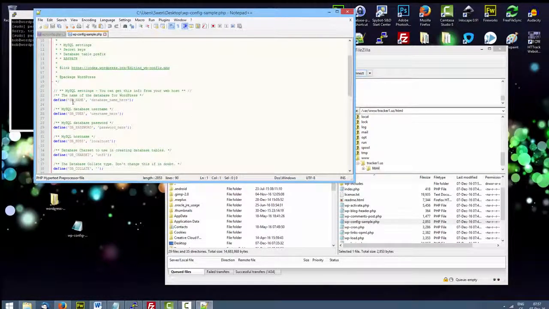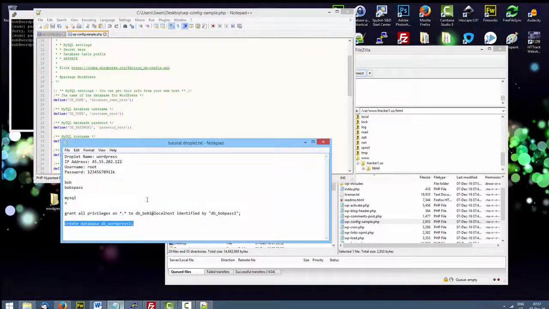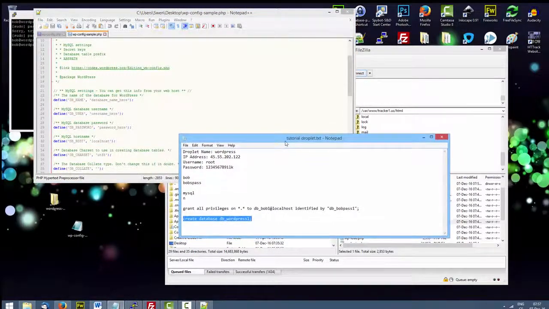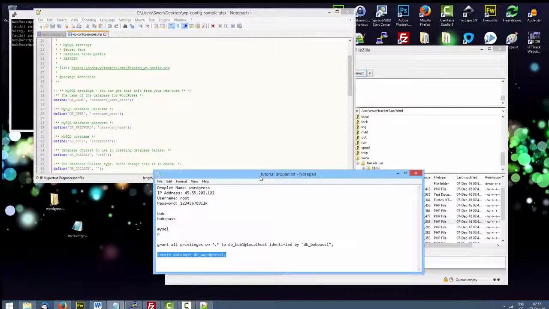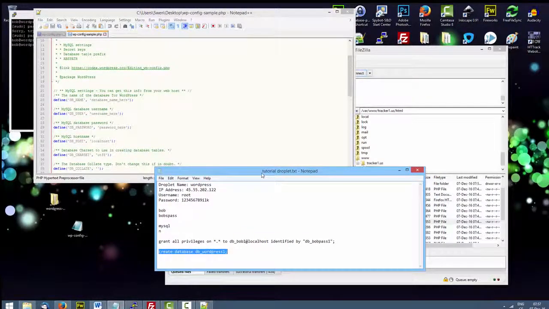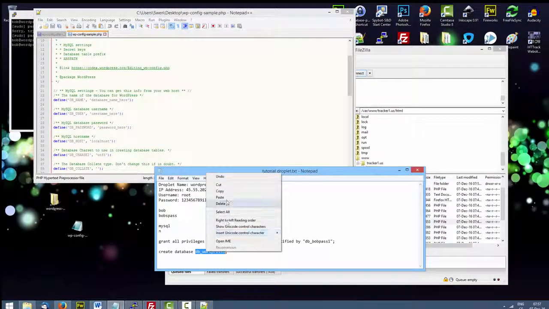And you're going to want to find define DB name, define DB user, define DB password. And that's basically the passwords and the usernames that we've created in the database section of this video, the first section. So you're going to go into the place where you saved that info and copy it to this config sample file. Okay, so I'm gonna get my database name, which is db wordpress1, copy it,